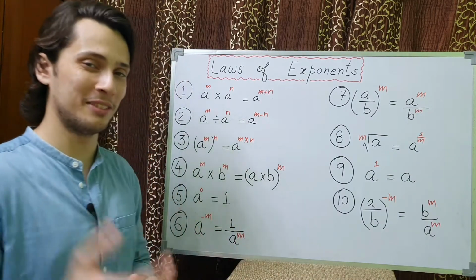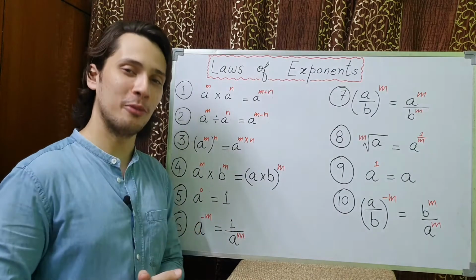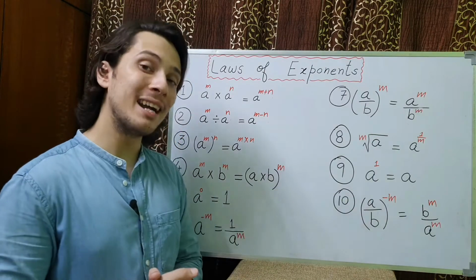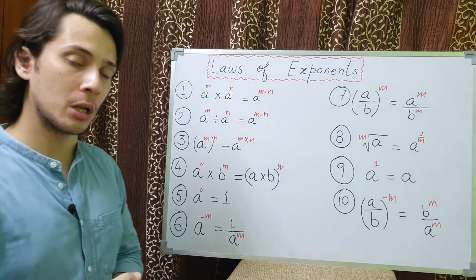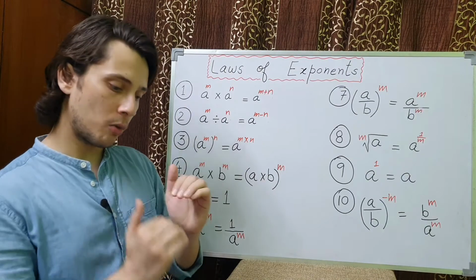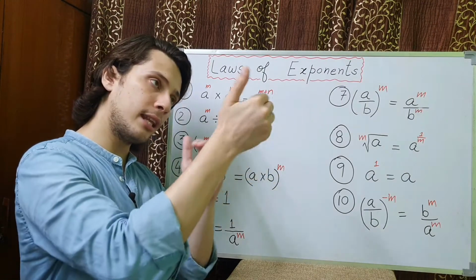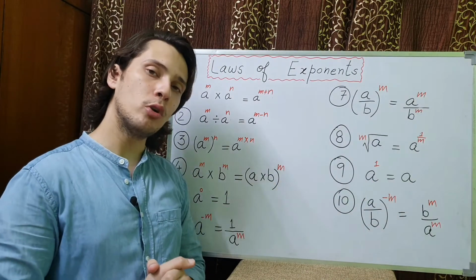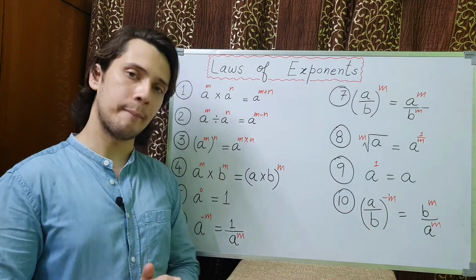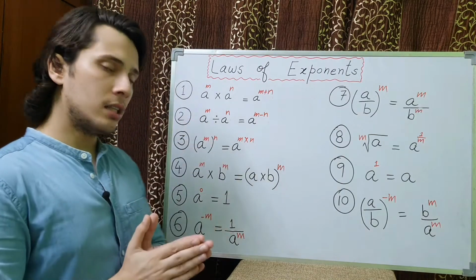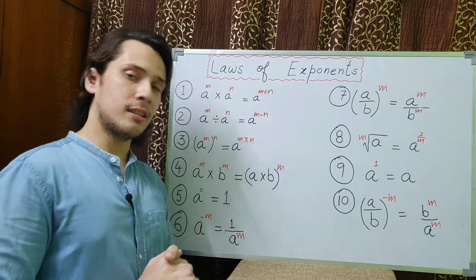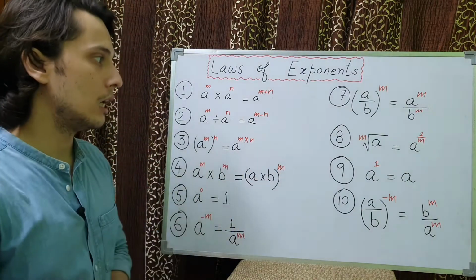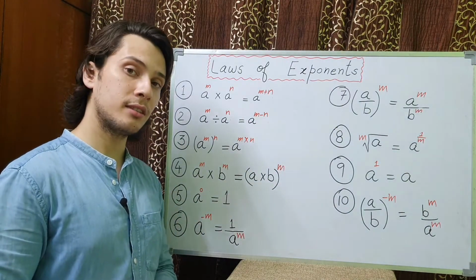You must have heard, and I know you all know about this also, a upon b whole to the power minus m. Now it is a negative integer, so just take the reciprocal. The denominator gets in the numerator and the numerator shifts to the denominator, and the answer becomes b upon a whole to the power m. Okay guys, now let's move on to the last exercise of number system 1.6, and we shall use some or maybe all of these identities.